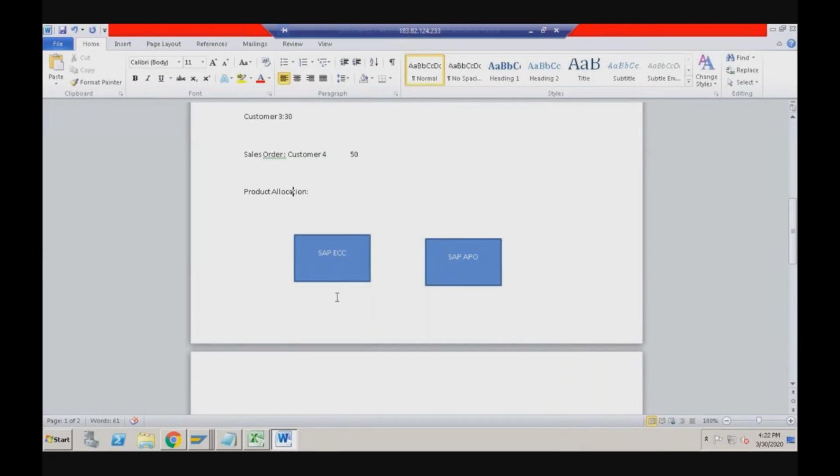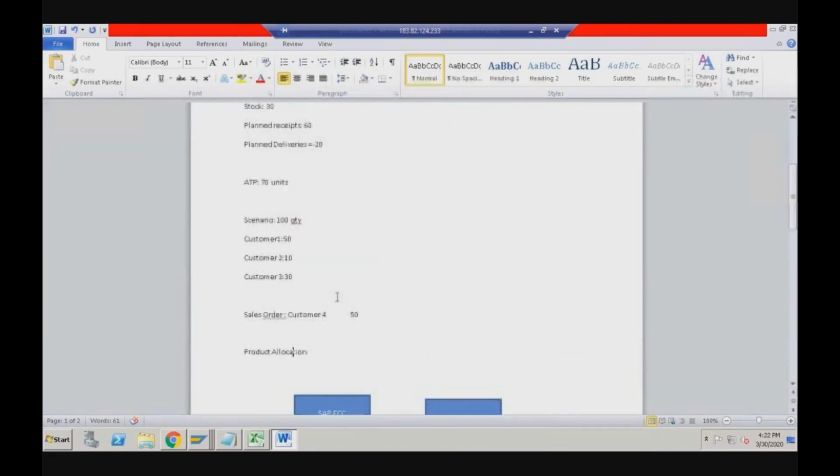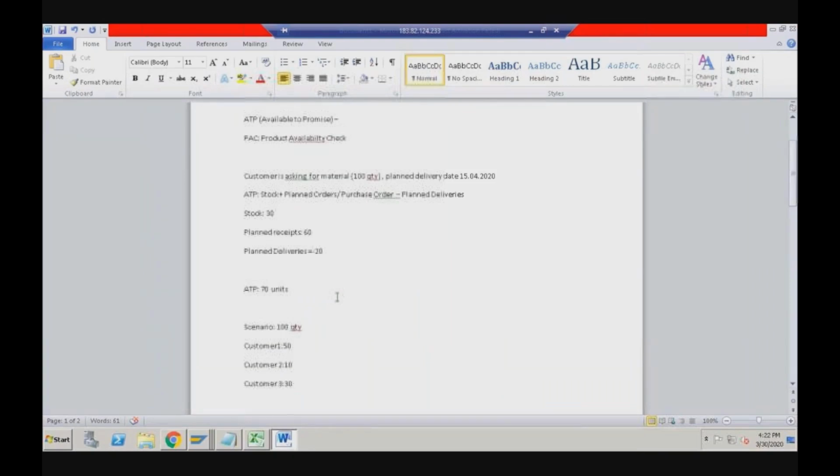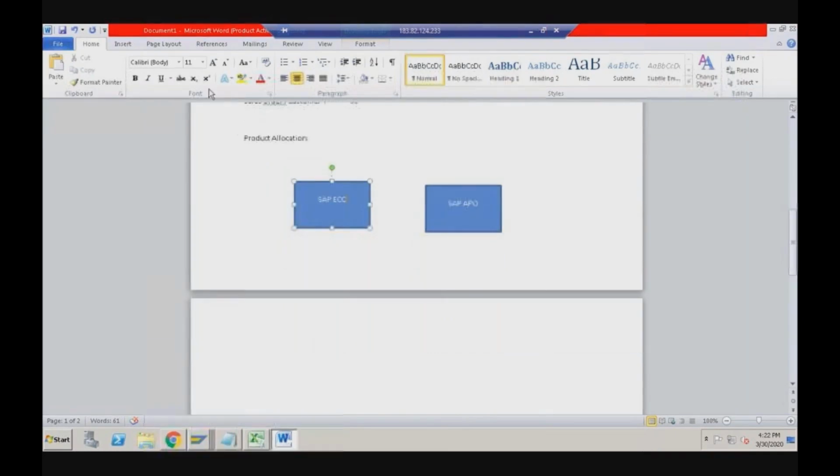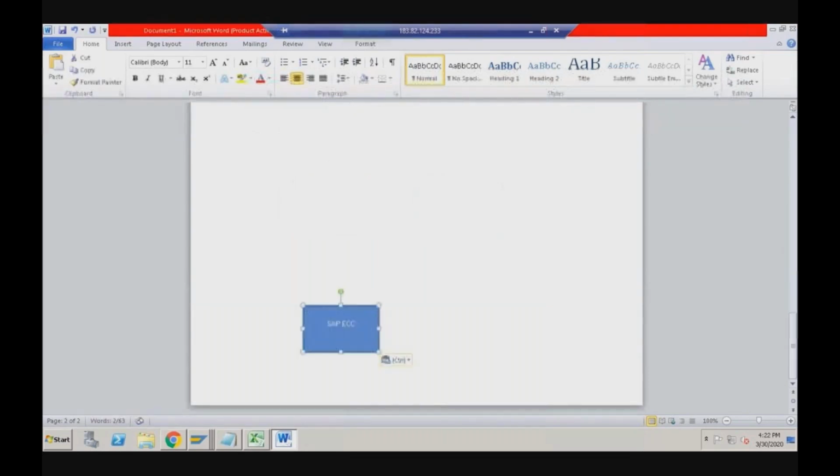But now what SAP is trying to do with SAP S4HANA is bring most of the functionalities of SAP APO into the SAP S4HANA system. So ECC, you know, is replaced with S4HANA. So with SAP S4HANA, what SAP is doing is, let's assume that this is another system. Okay, this time this is,